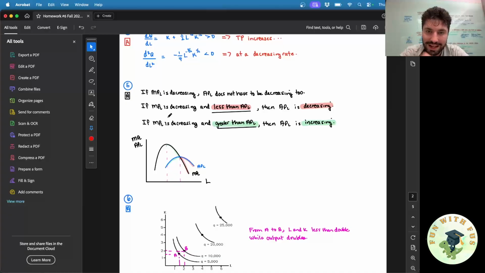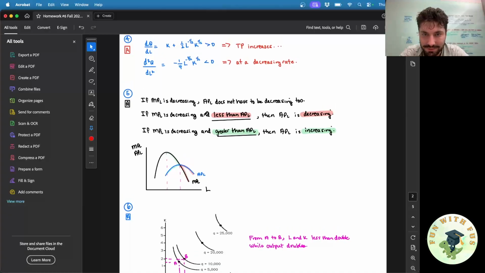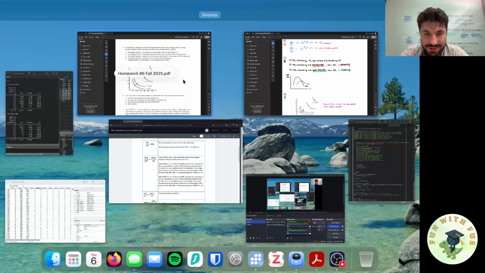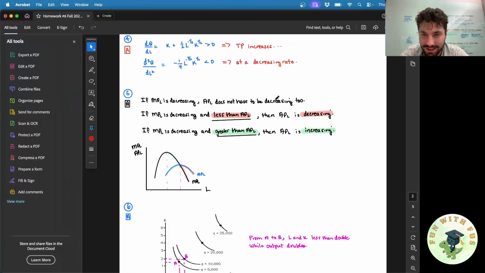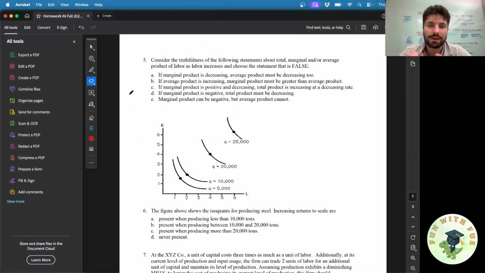That if MPL is decrease, wait. I'm trying to intuit what they're thinking, what this graph means. If MPL is decreasing and greater. Okay. So I believe definitely this one I would just cross off. You can definitely have a situation where